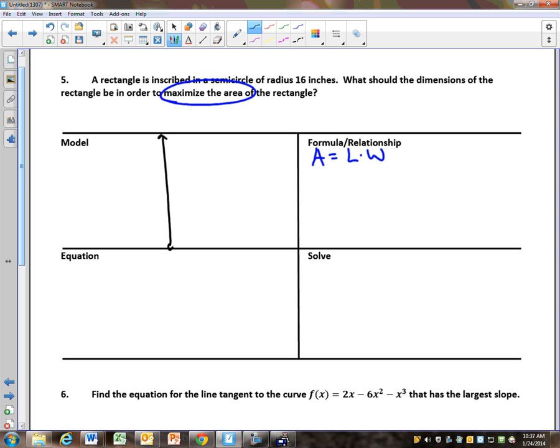If I draw my little coordinate plane here, and I mark off 16 because that's the radius, and negative 16 and positive 16,